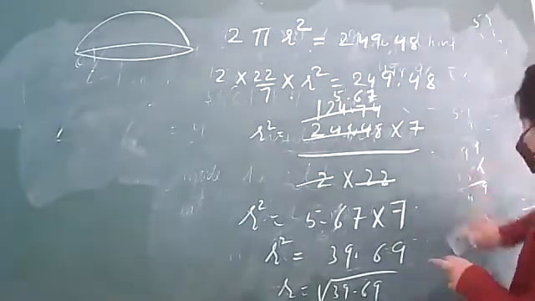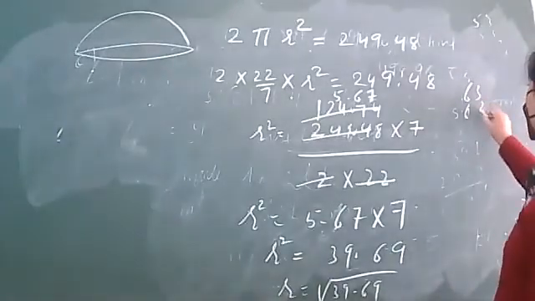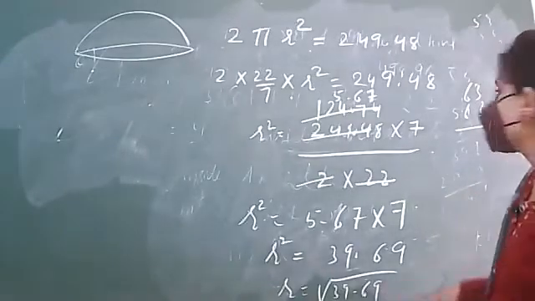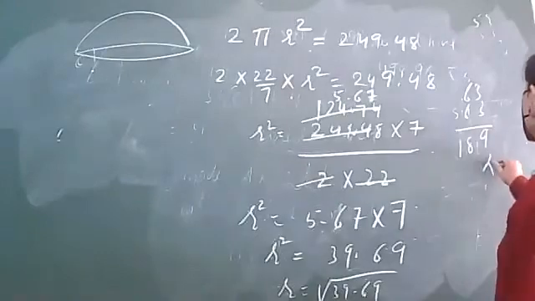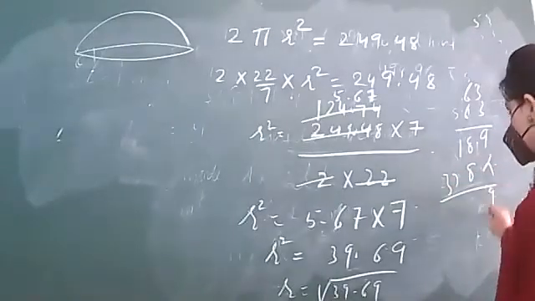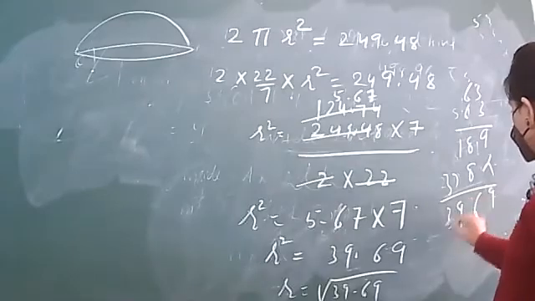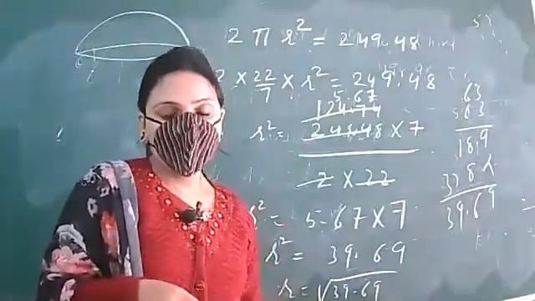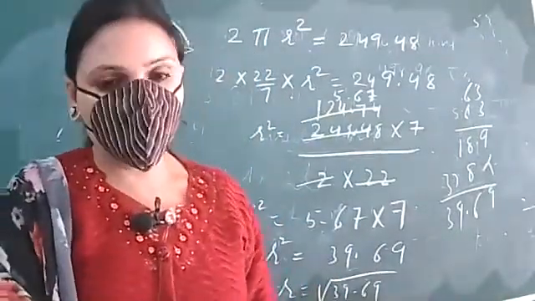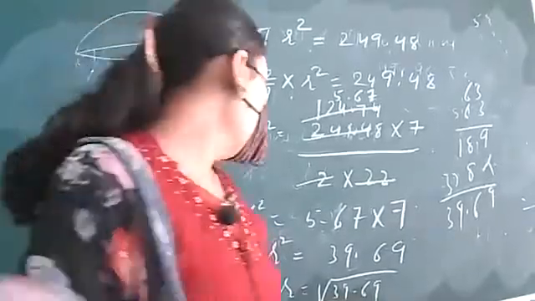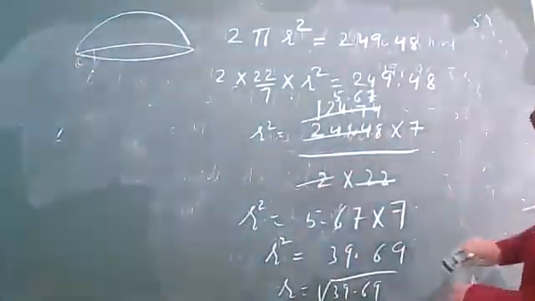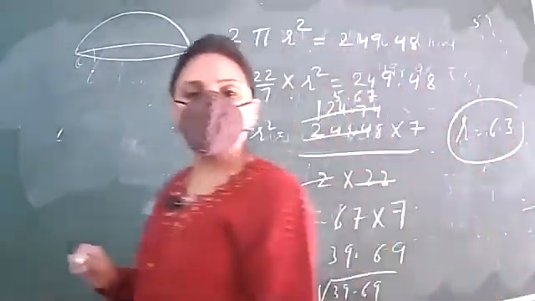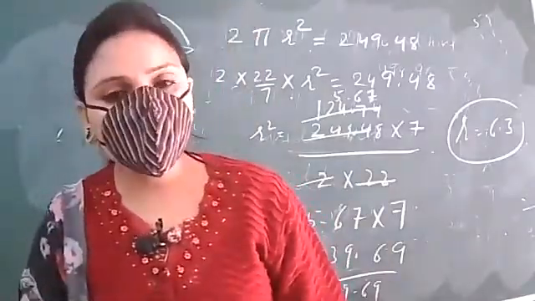वो भी गया. तो let us go with 63. हर लाइन में 3 या 7 वाला चेक करो, because we need 9 in the end. So this will be 9. This will give us the exact figure. So when we multiply 63 by 63, we are getting 39.69. It means square root of 39.69 will be 6.3. So R comes out to be 6.3. So radius of the hemispherical room comes out to be 6.3.